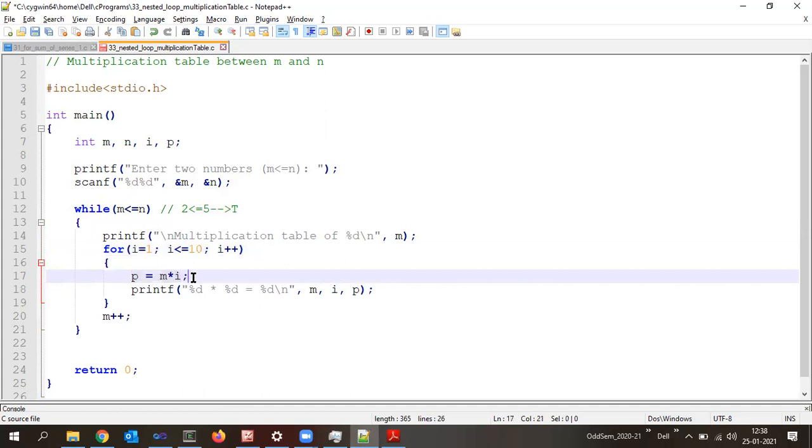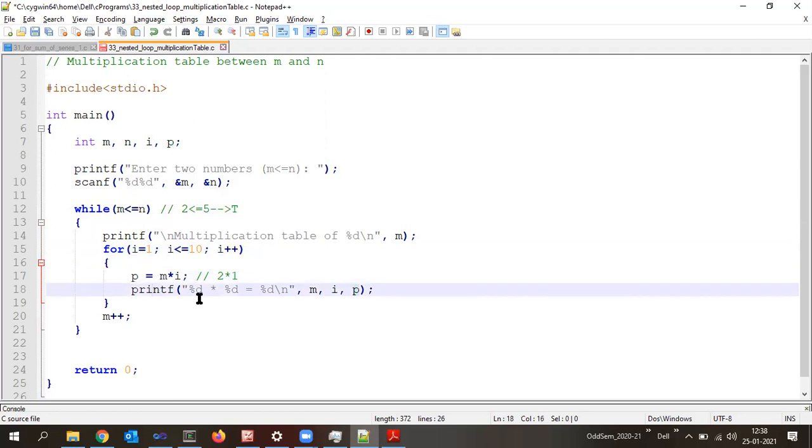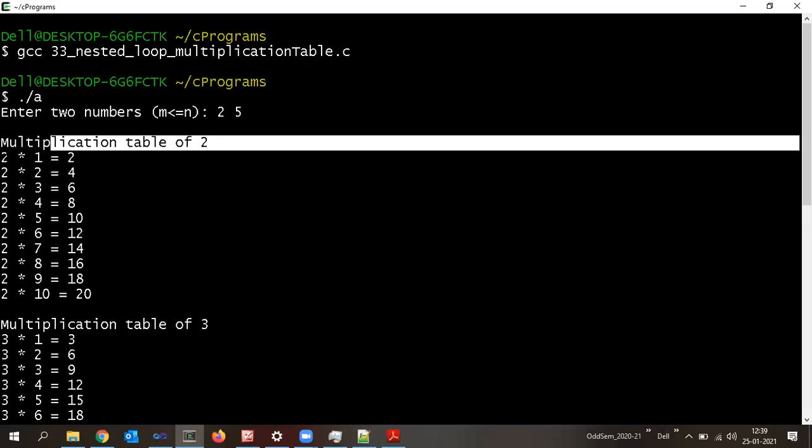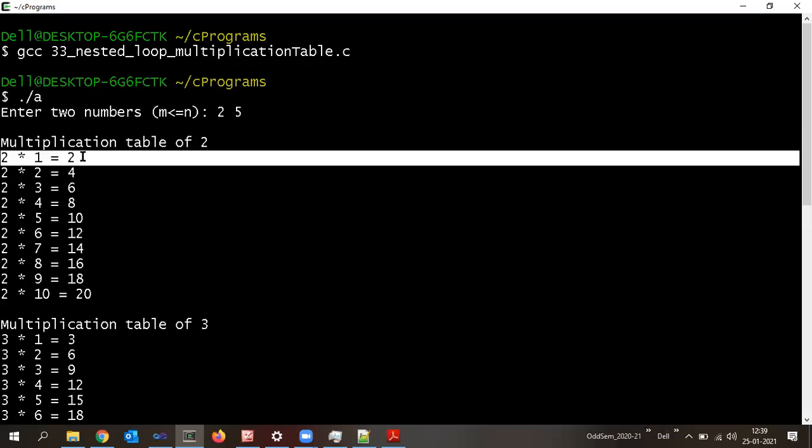M into I. What is the M value now? 2. 2 into 1, that is 2, will get stored into P. So when this printf statement is executed, M is 2, I is 1 and P is 2. That is what we get in the first line here: 2 into 1 is equal to 2.